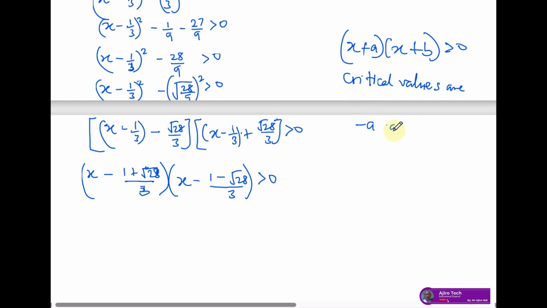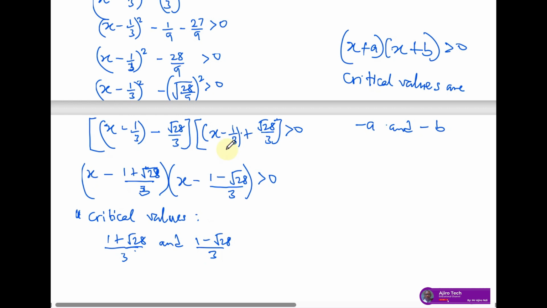Negative a and negative b. These are the roots of each bracket. And in this case, the critical values here, I have 1 plus root 28 over 3, 1 over 3, and 1 minus root 28 over 3. So now, let's look at the nature of this curve. Originally, this curve